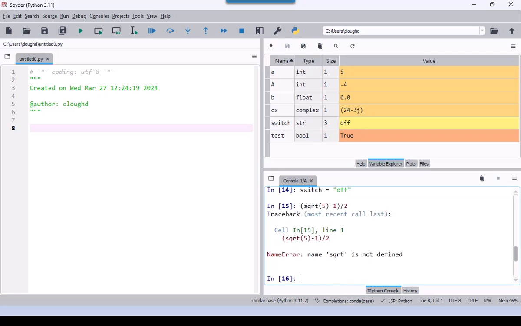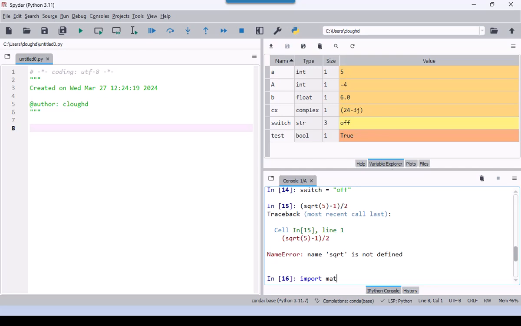And we get an error. And now we're starting to introduce limitations which are particular to Python. Python does not have a built-in function for square root native to it, like you would find in MATLAB or in VBA. So we need some help here. So we